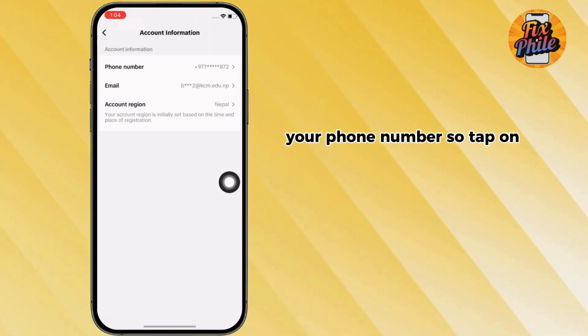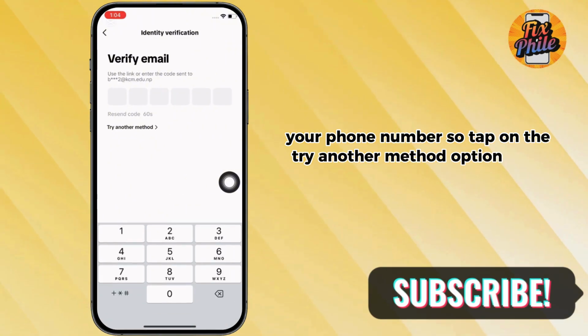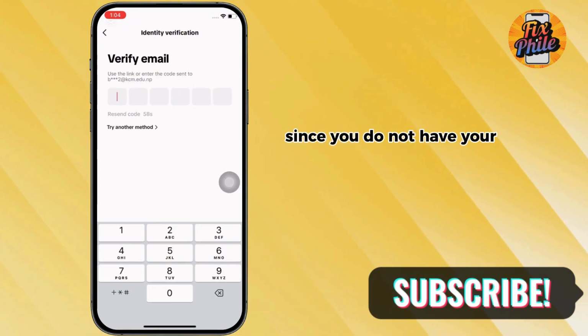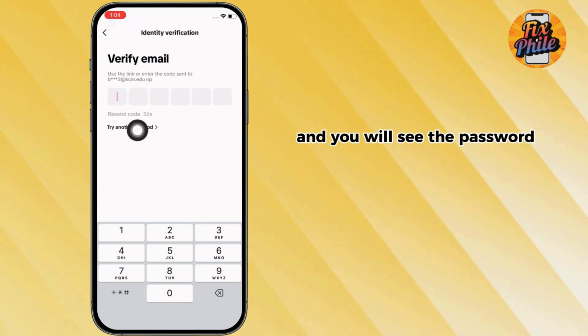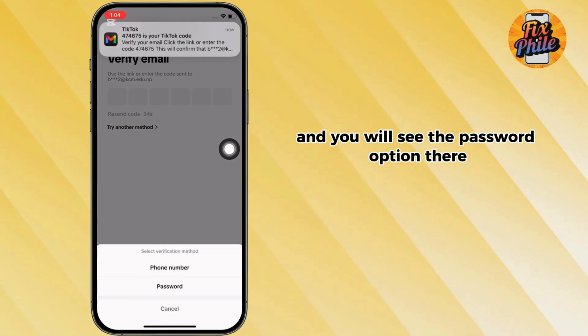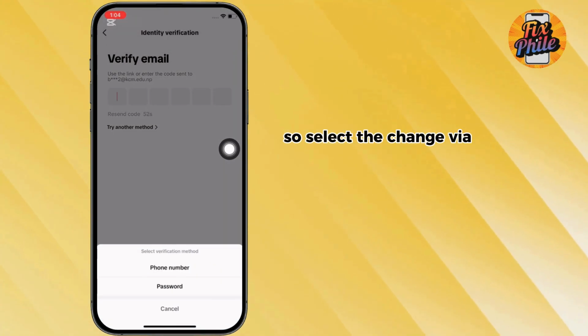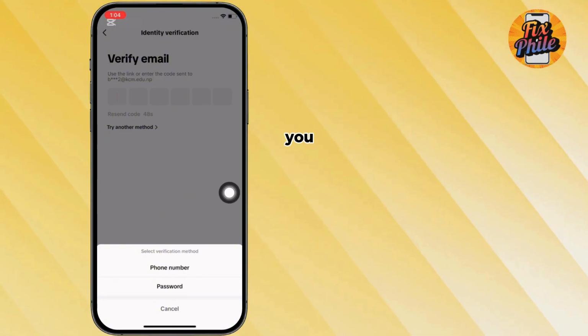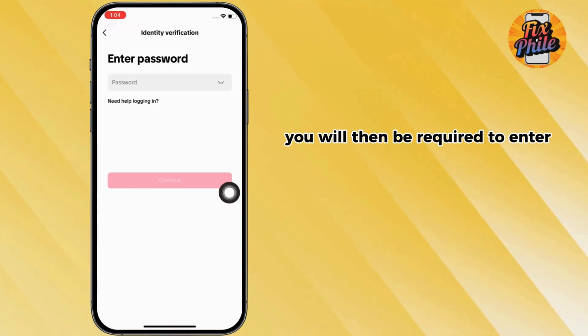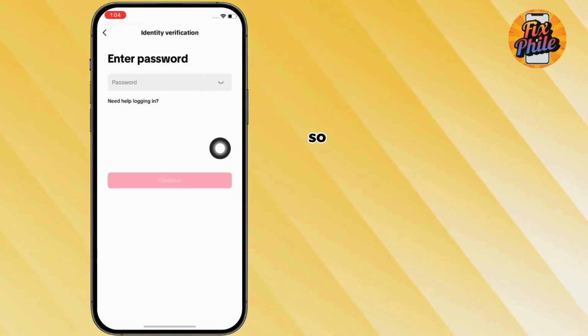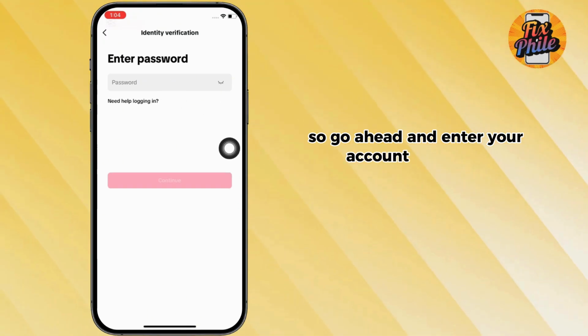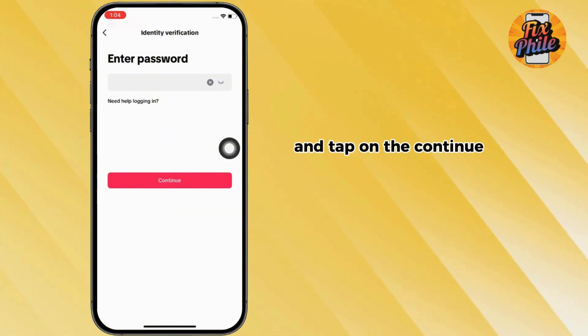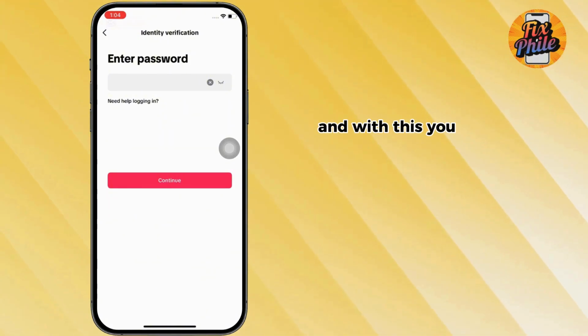So, tap on the Try Another Method option there since you do not have your phone number, and you will see the password option there. So, select the Change Via Password option and then tap on it. You will then be required to enter your account's password. So go ahead and enter your account password and tap on the Continue button, and with this, you will be